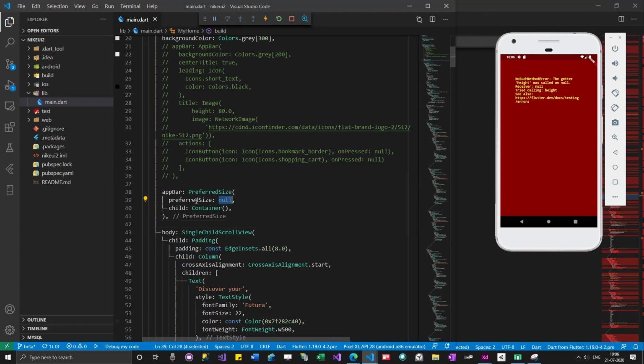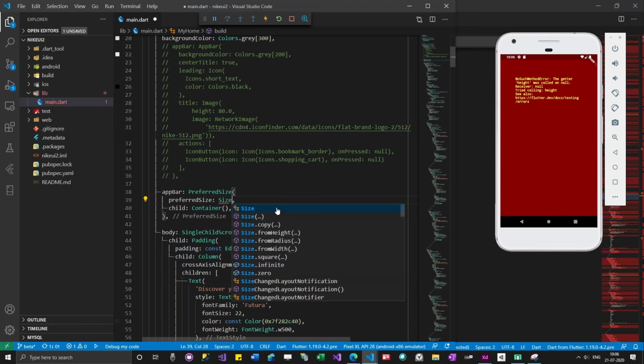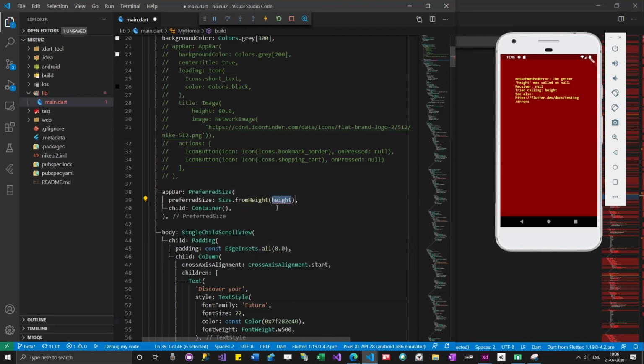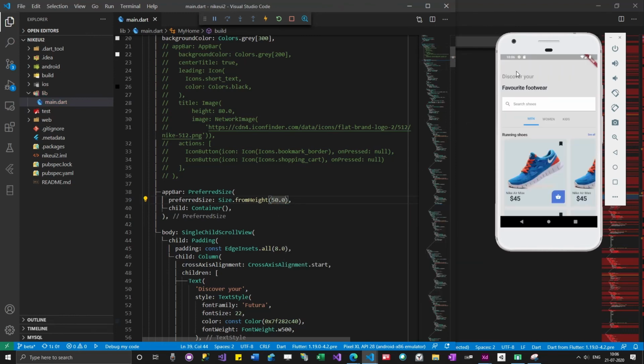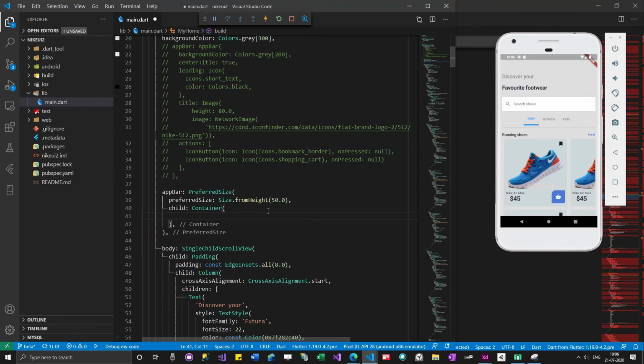It is asking for some size, so you can give size like this, Size.fromHeight 50.0 for example. So now we have an app bar with height of 50, and now I can arrange items here.